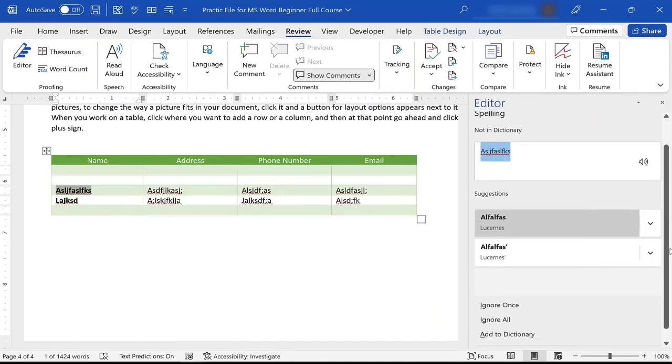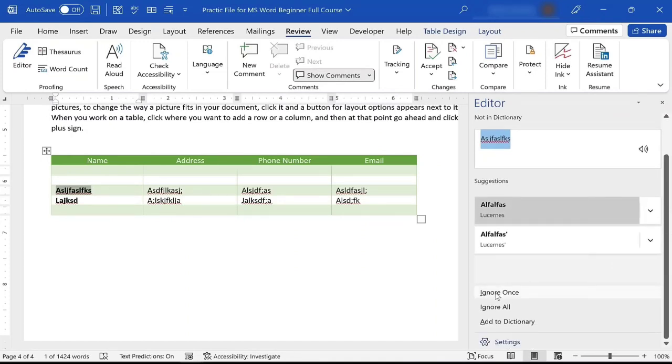If I browse down the panel a little further, notice that there's an option to ignore this suggestion. It is possible that the word I typed in is correct, it's just not recognized by Microsoft Word. So I might want to ignore it once, or ignore all cases of it. And if it's a word that you're going to be using in lots of documents, like maybe it's the name of your small business or of your school, and Word thinks it's misspelled, why not add it to the dictionary? That way it will never again be considered a misspelled word. I'm just going to select